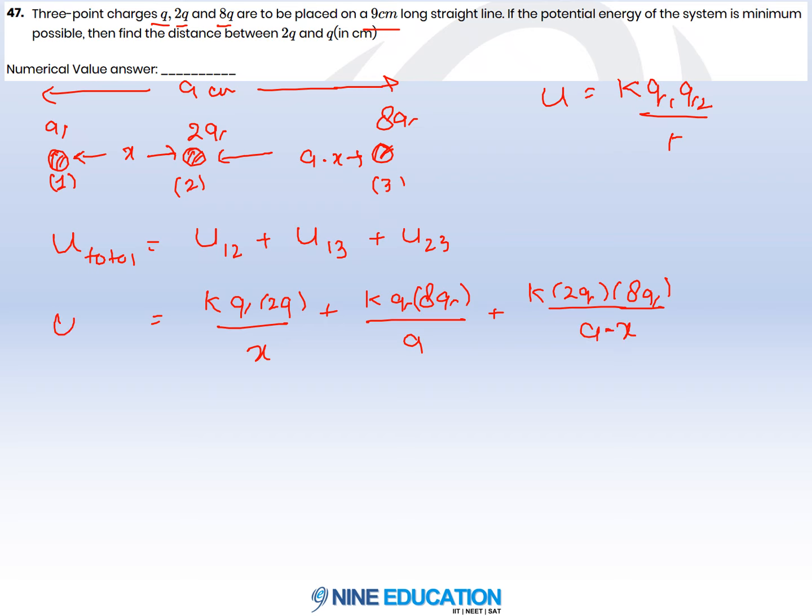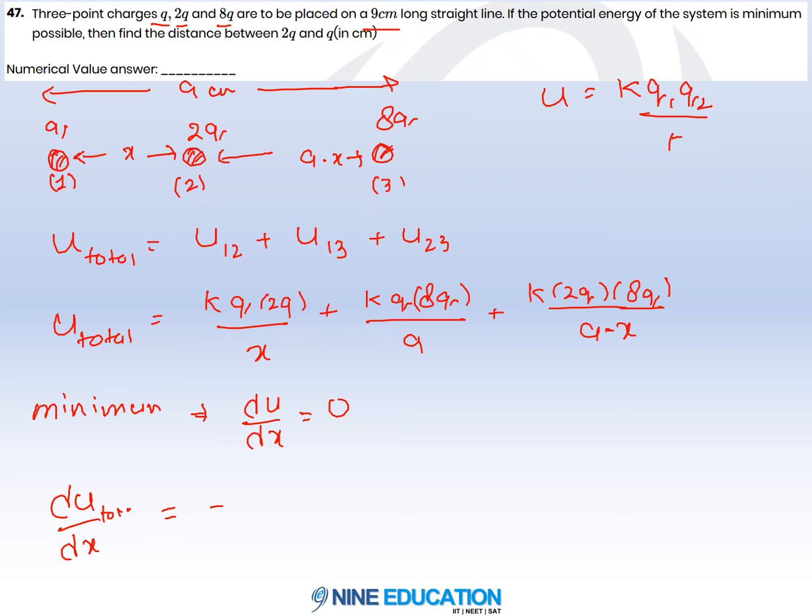This is U total. And potential energy is minimum or maximum when? Minimum when dU by dx is 0. When dU by dx is 0. So now what we have to do? We can differentiate it. On differentiating, what we will get? Okay, let's differentiate it. dU by dx total